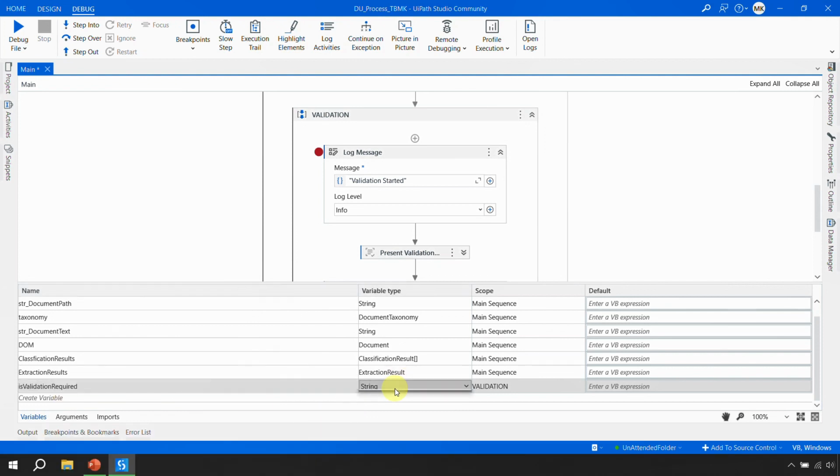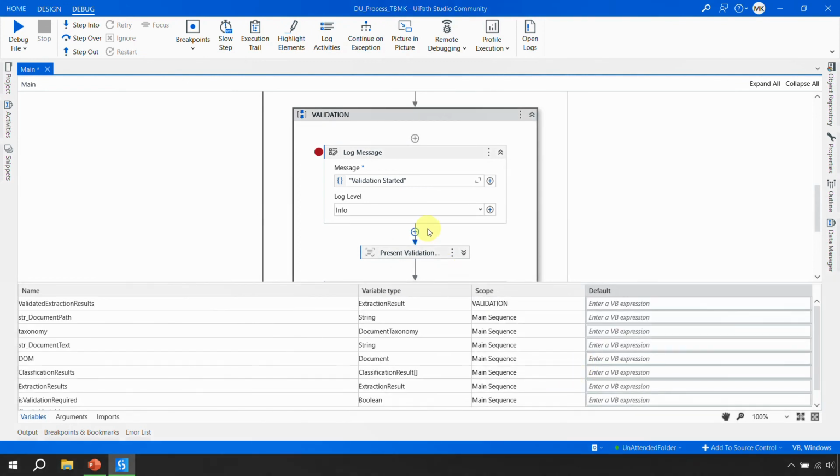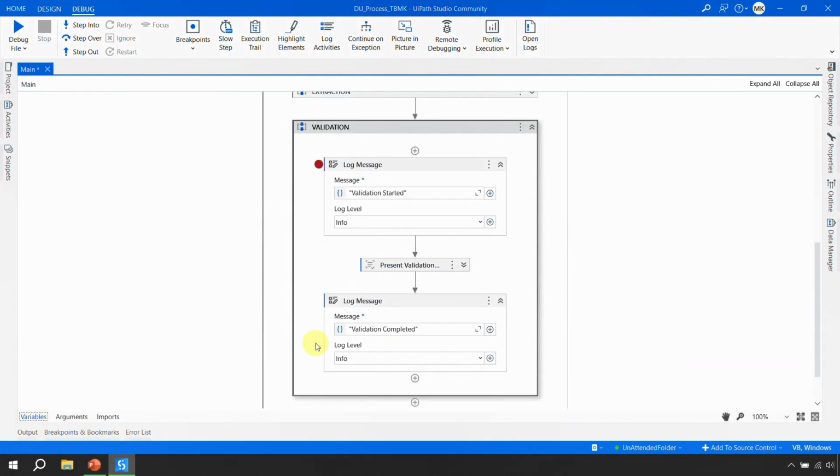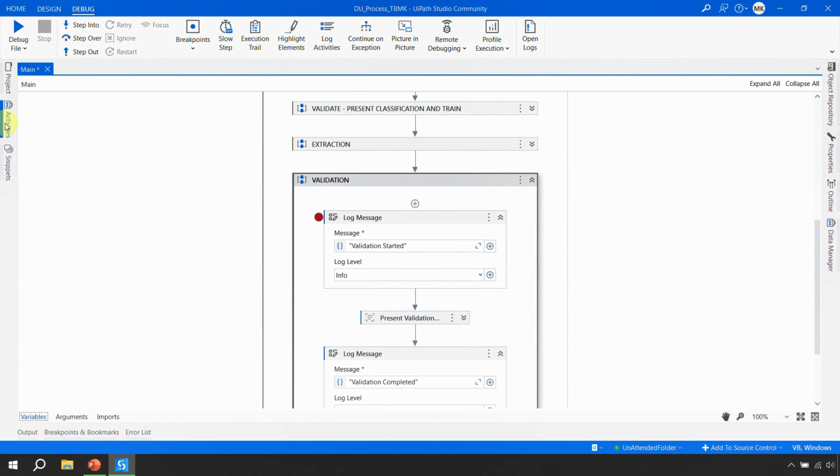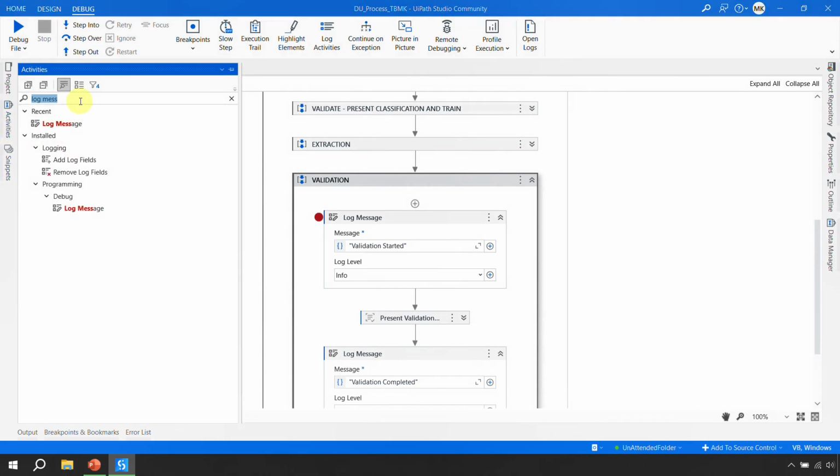Okay, we'll set it to Boolean, and I'll make this to the main sequence, and I'll set it to true, right? Sorry, not true, I'll just leave it blank. It's a Boolean, so the default value would be false, right? So what I'll do is, before this validation, I'll go here and I'll take an if activity,